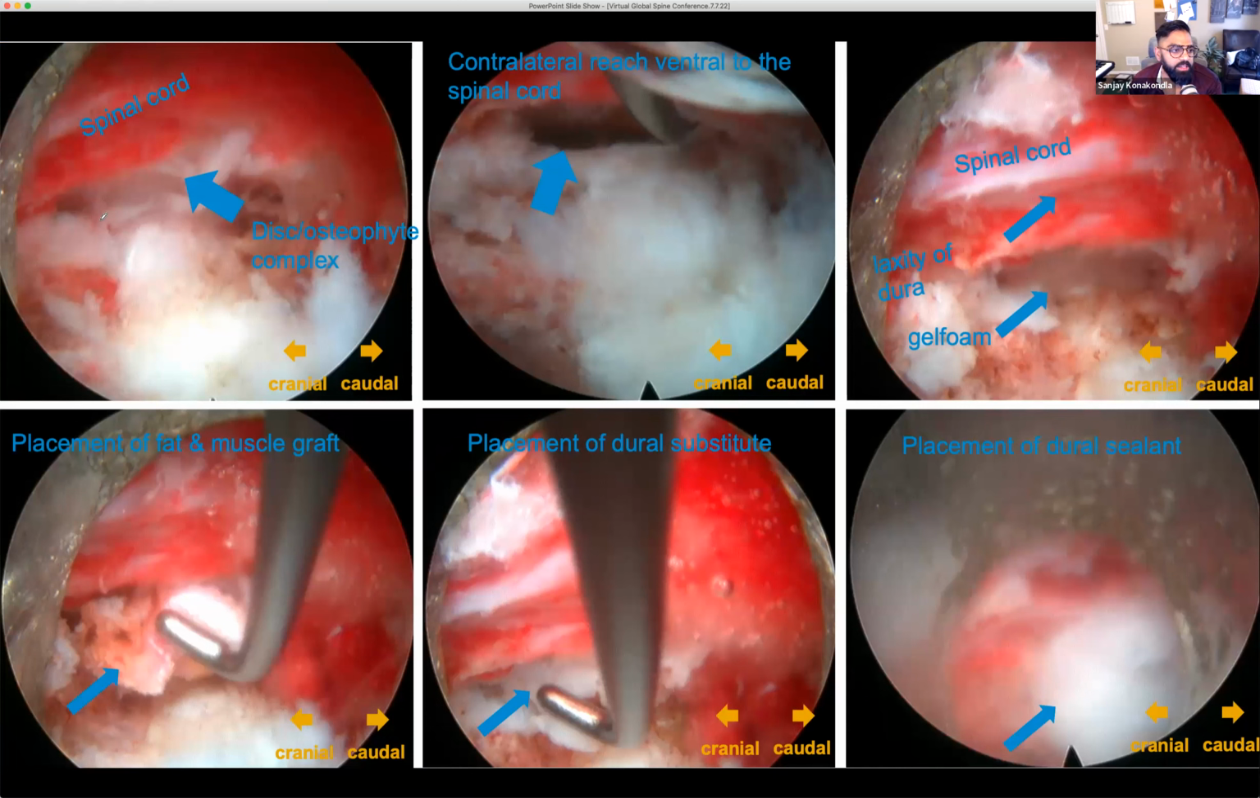We get in there, we take out the SAP, we identify the spinal cord. And surprisingly, this disc ossified complex is a little bit more exaggerated than was suggested on the CT. The way I'm able to identify that is, once we identify the disc space,